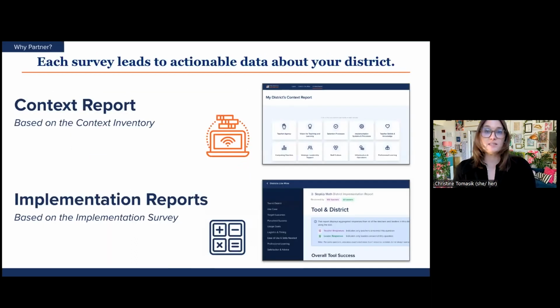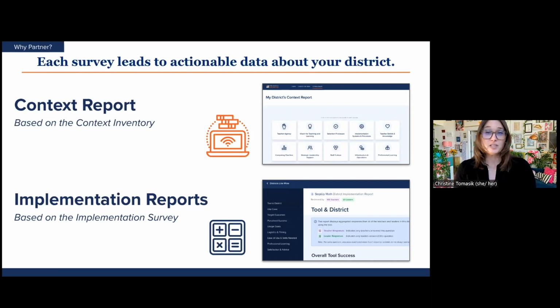After collecting the data, the Exchange platform analyzes and automatically displays actionable evidence in reports. The context inventory data is displayed as a context report. And the implementation survey data is displayed as an implementation report.